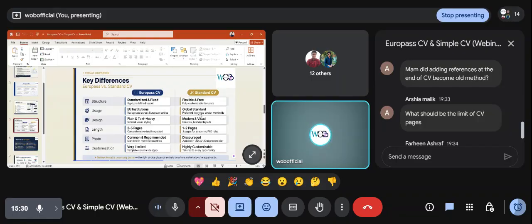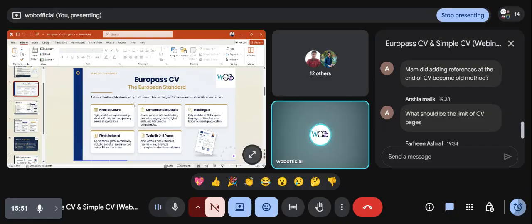If you are a master student, it should be 2.5 to 3 pages. If you are a PhD student, it should be 3 to 3.5 pages, not more than that, because it also depends on how much potential the student has. So that is about length.